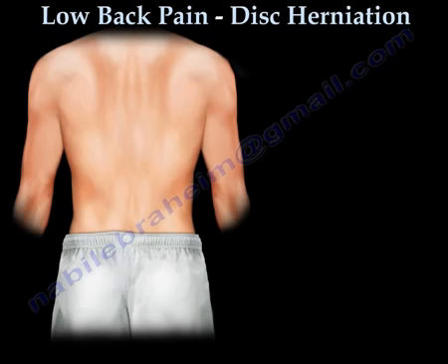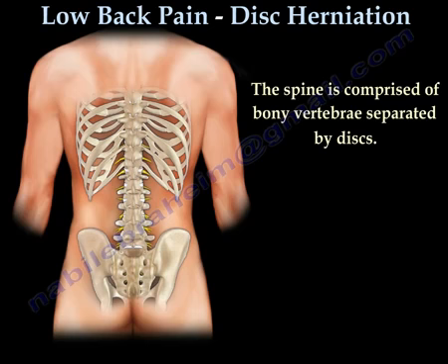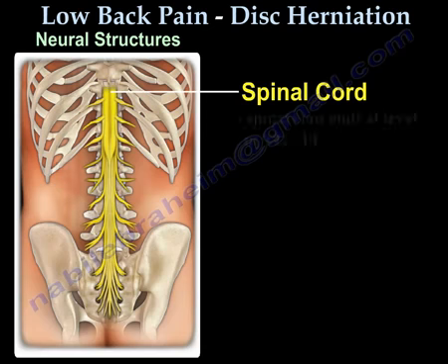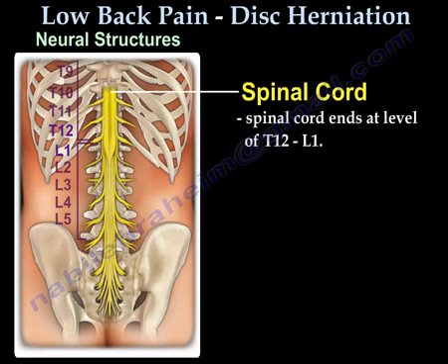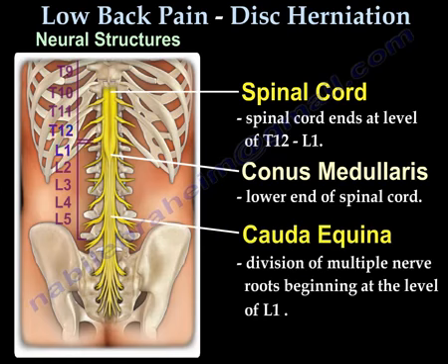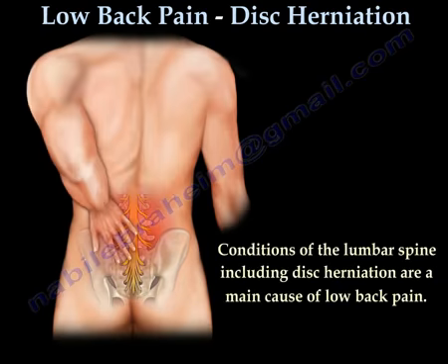This is a low back pain disc herniation video. The spine has bony vertebrae separated by discs. The neural structures, you find the spinal cord, which ends at the level of T12-L1, the conus medullaris, which is the end of the spinal cord, and the cauda equina, which is a lot of nerve roots, usually begins at the level of L1. Different conditions of the lumbar spine, including disc herniation, are the main cause of low back